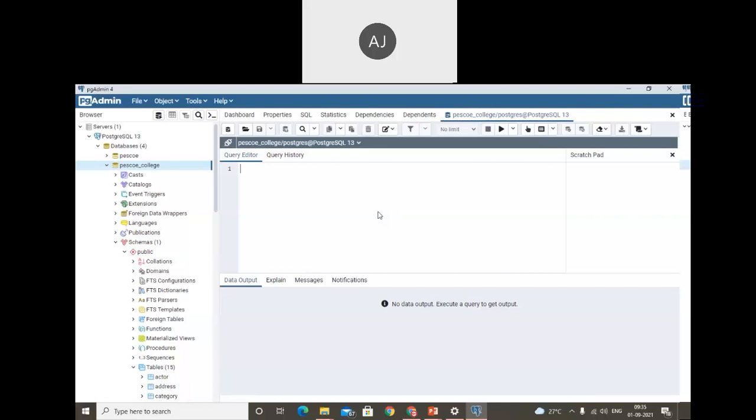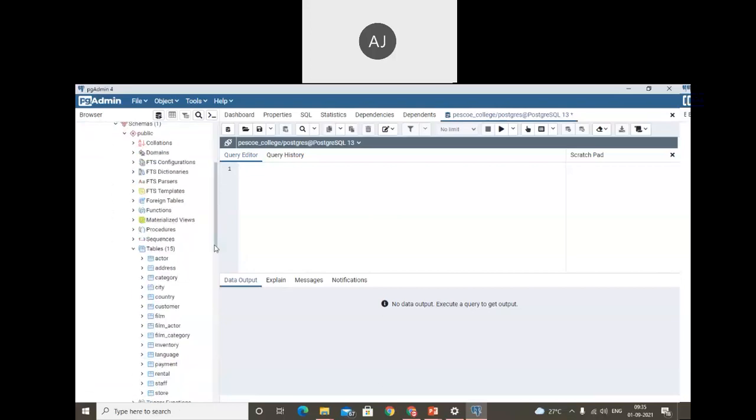But I think we need to learn two kinds of databases. That's why we did the practical on Workbench for database design, and now we are doing part two on PostgreSQL. PostgreSQL is a most demanding database, so we can implement the practicals on PostgreSQL. Now we'll fire the query. Don't worry about the query if you don't understand it. For example, I'm accessing the data of the actor table. This one is the actor table, or this one is the address table. Just any of them. If you want to access the data, you can select.